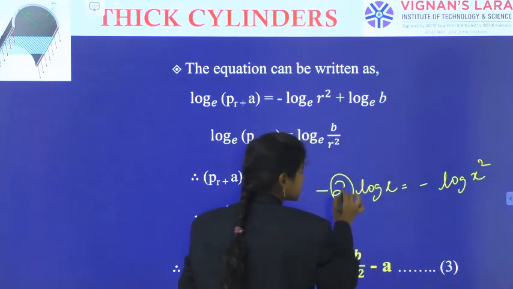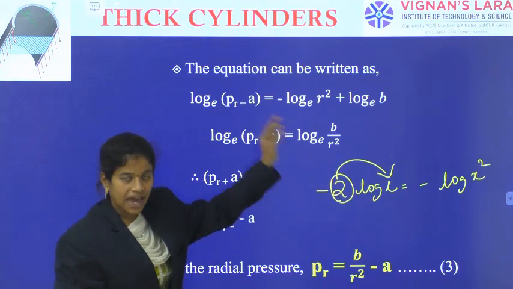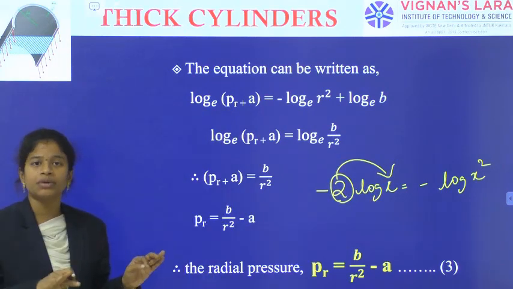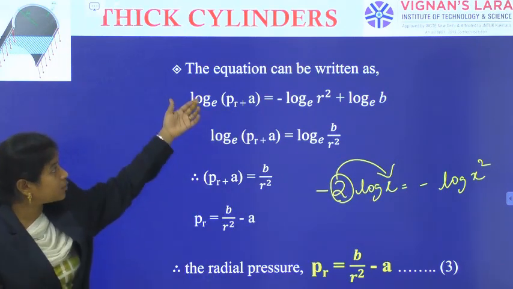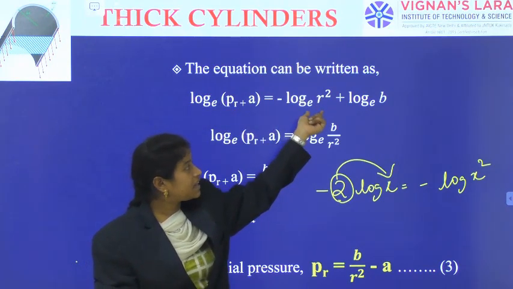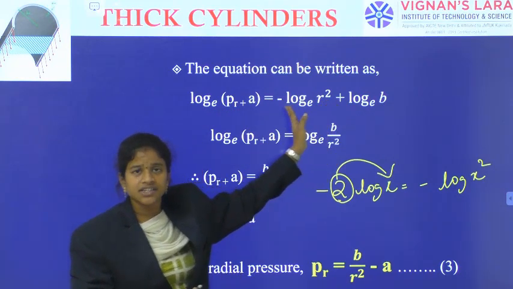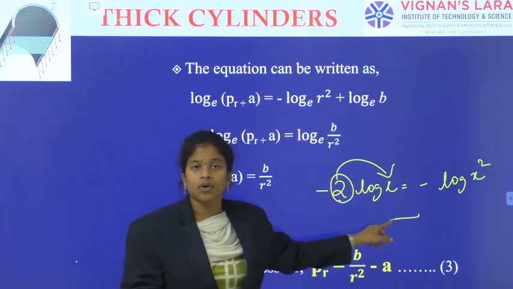So what is the coefficient here? You can write it as the power of the particular function, as it is without any integration, that is a formula. Okay, for the log function there was a formula, so I am doing log of pr plus a, which is to the base e, and minus log r square to the base e, and log b to the base e. I am not at all changing, only I am using what I know already.